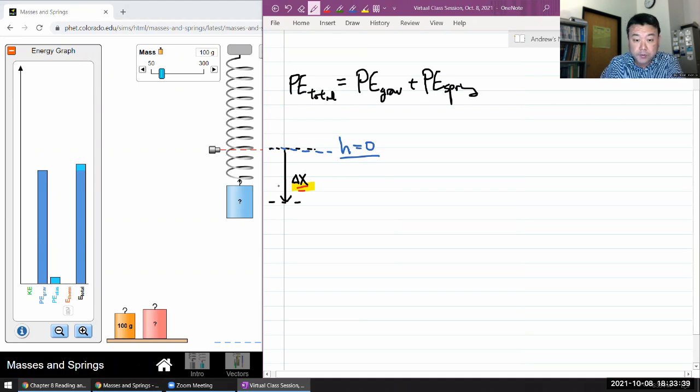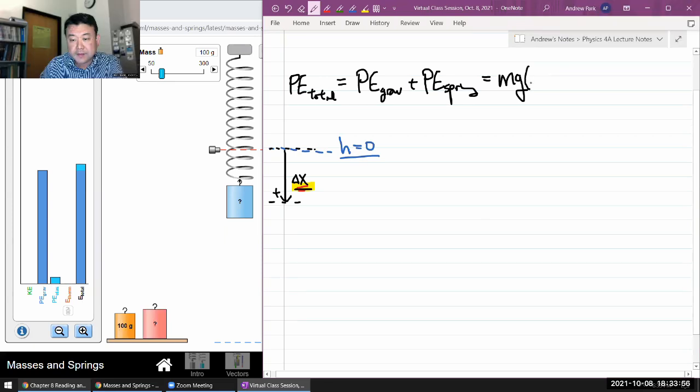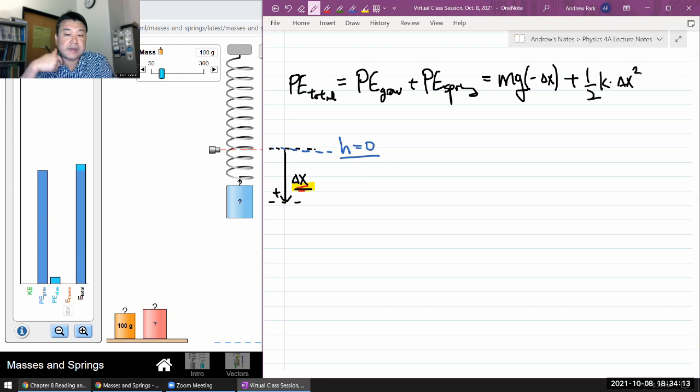And I think I can write both of them in terms of this parameter delta x. Let me do that. So mg, and I'm going to make delta x so that this direction is positive direction, because that's where I'm stretching, elongating the spring. Mg times minus delta x plus 1/2 spring constant times delta x squared. And if you're just looking at this, you might think, that looks nothing like